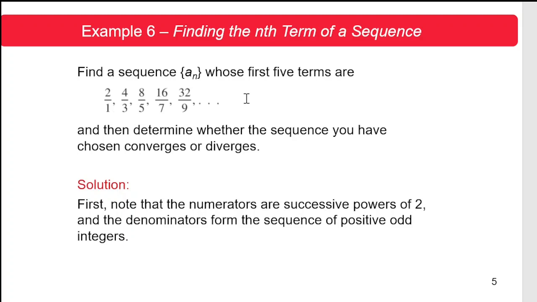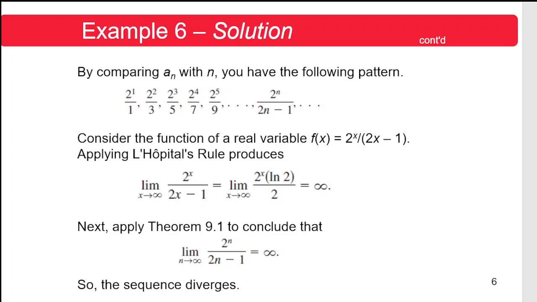Okay, so from these given terms of the sequence, now we have to discover some pattern or general rule. Because the numerators are powers of 2, you can write this as 2 to the 1, 2 squared, 2 cubed, 2 to the 4th, 2 to the fifth, and so on. So in general, this is 2 to the n. While the denominators are positive odd integers, so you have 1, 3, 5, 7, 9, and